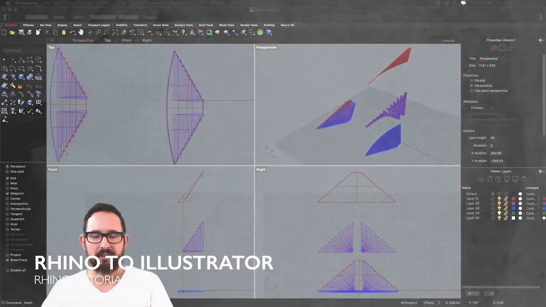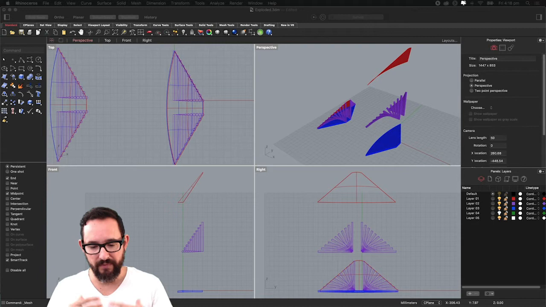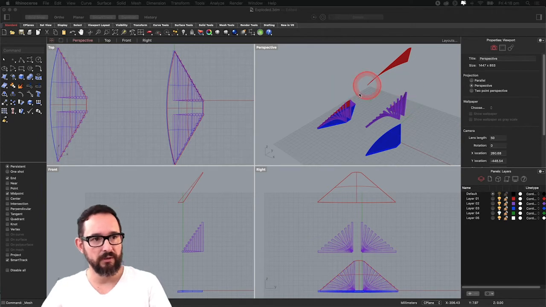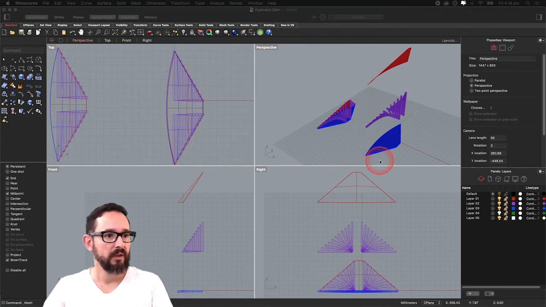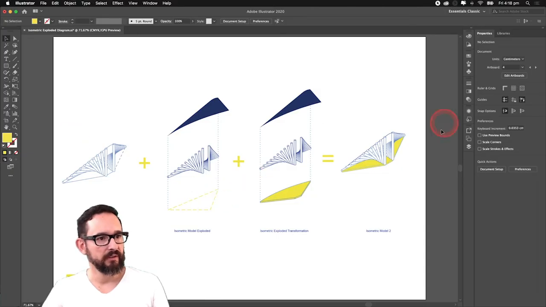Hi all. So today we're just going to focus on transferring our models, not the models, but the representation of our model to Illustrator in order to make a concise, expressive and clear isometric drawing. So we'll use this default model template to transport it into Illustrator and get this kind of a result